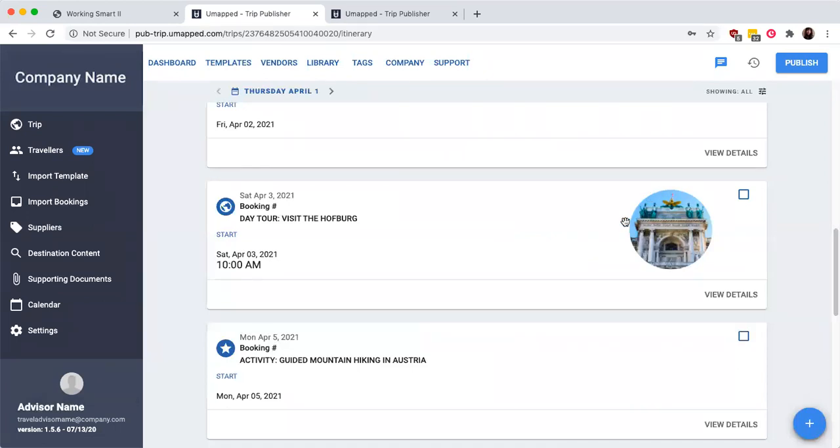So now that your vendor has been created, you can always edit that vendor later on. It's important to note that when you edit a vendor profile, you are updating the way this vendor's information is displayed in every trip segment the profile is added to. And that means in every trip across your company that the vendor is in. That being said, you can always